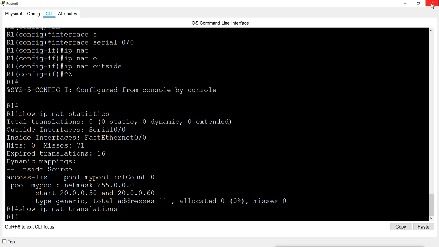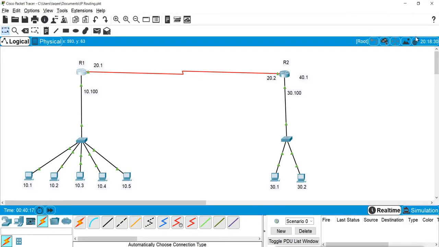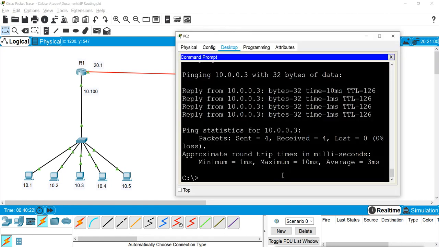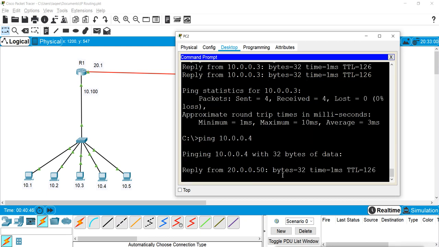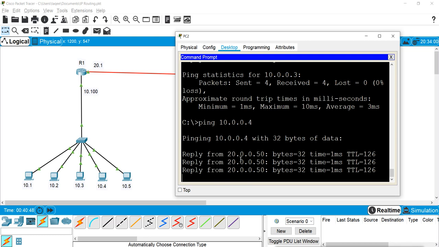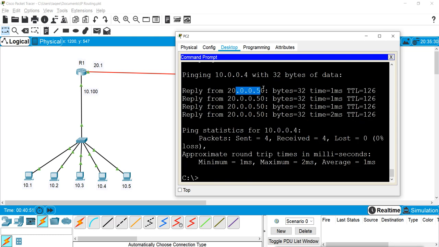So let's try one now. Again remember it is not sequential now, because anyone who comes first will get the first IP and the one which comes next will get the next IP. So it will not be sequential. For example, suppose first comes 10.0.0.4, so it will get the first IP, and you see it is getting 20.0.0.50, the first available IP.